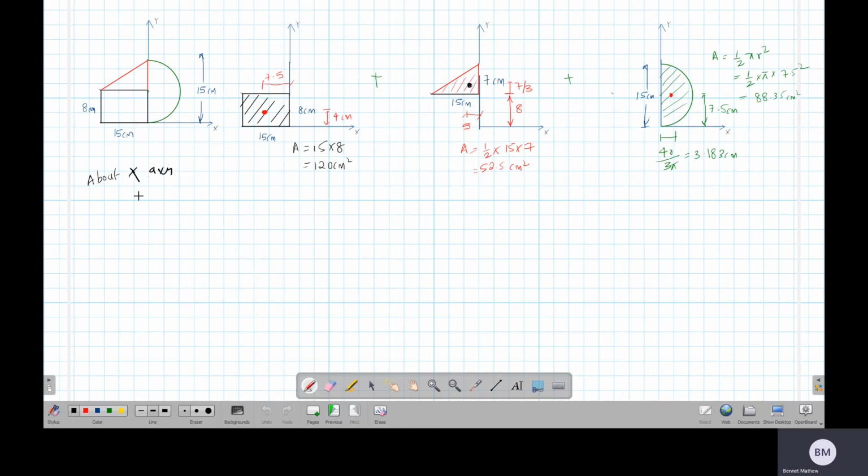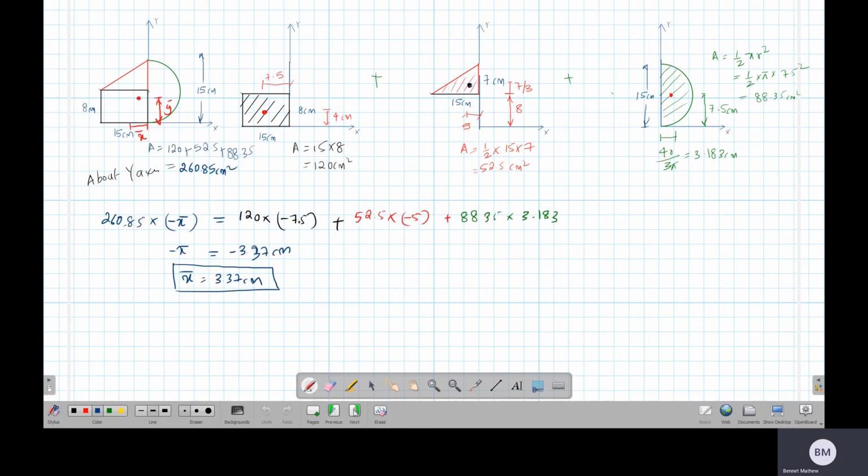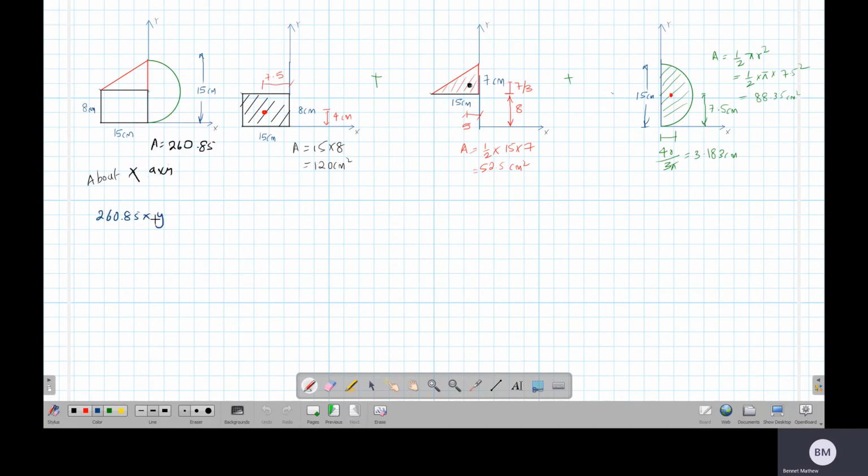I forgot to write that total area here. So this is 260.85 times the perpendicular distance. I should have taken this, so this is y bar. Times y bar should be equal to